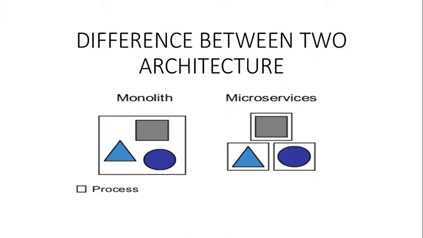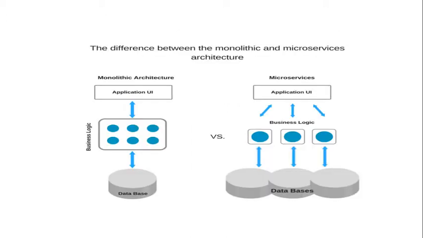Whereas on the right hand side you can see in microservice architecture we have all small components, triangle, circle, and all these are small components and independent. These services are exposed over the HTTP protocol. Let's talk about what advantages we are getting out of it and how it differs from the monolithic. Yet again, I'll go a few more slides down, and in these slides you can see the application UI